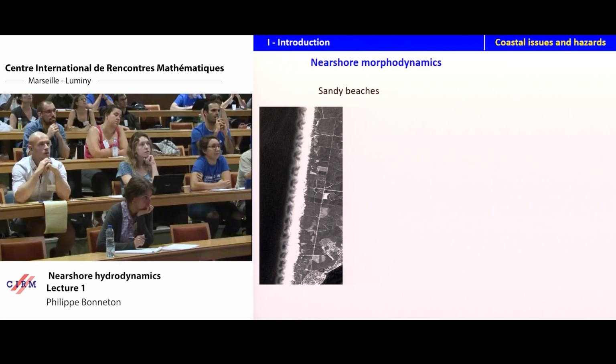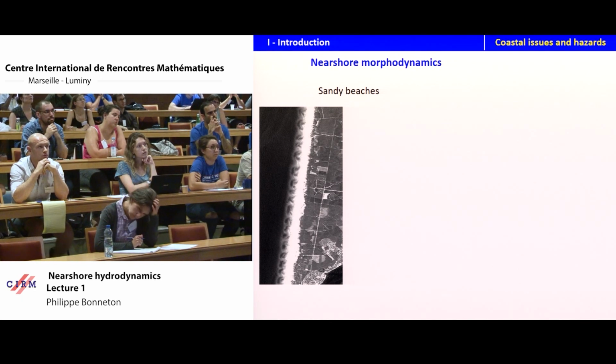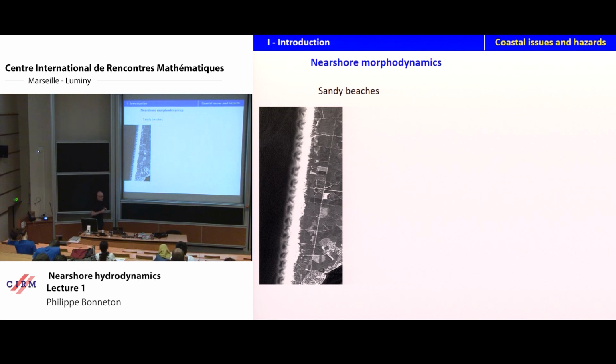Waves also have a significant role in nearshore morphodynamics of sandy beaches. You can see in this figure a nice crescentic shape. The water depth is about 10 to 20 meters here. And you can see very nice periodic morphological structures, which result from the interaction between wave-induced currents and sediment transport, and the coupling between the hydrodynamics and the sediment transport, leading to such very nice